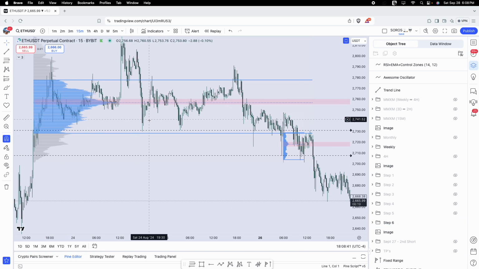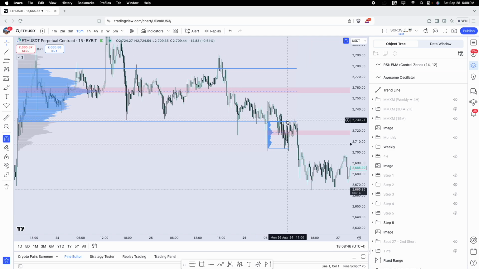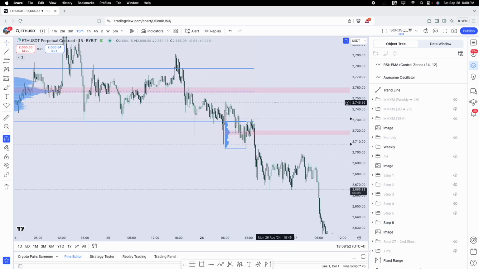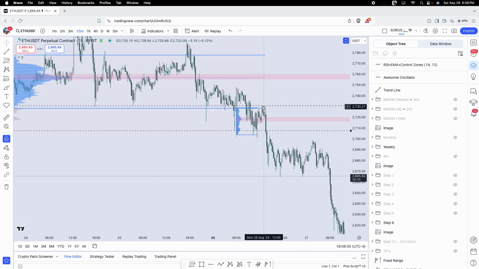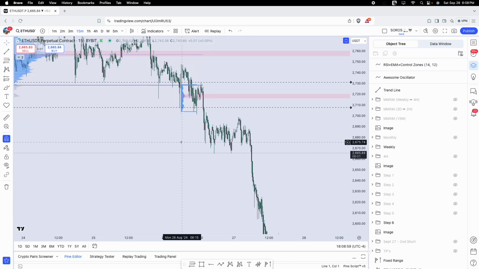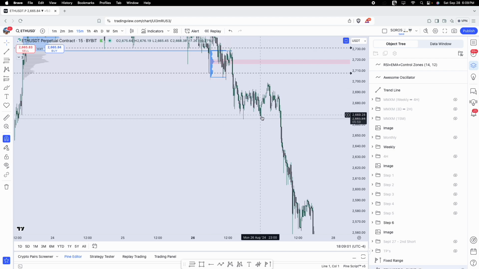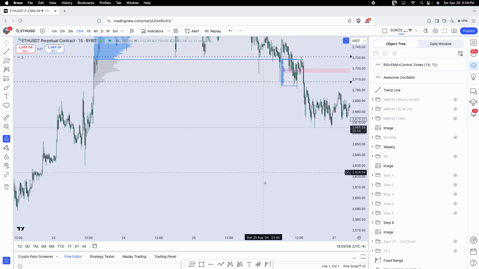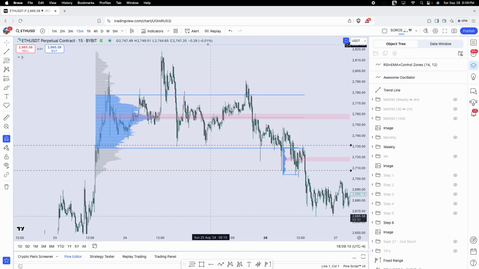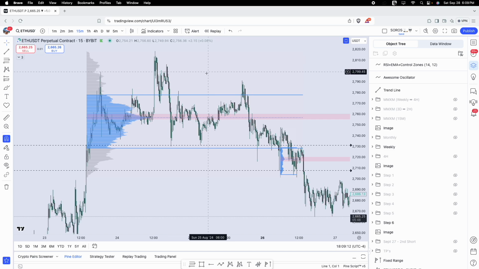So basically it was using the value area low as support here, here, here, here, here. And then here we started to close below and retest it as resistance. And you can see when it retests the value area low and it rejects, then it expanded and made new lows and started to form a new distribution zone until this value area got deviated and rejected, and it continued the move down. So within that first zone, where basically the original supply came in, I want to see where